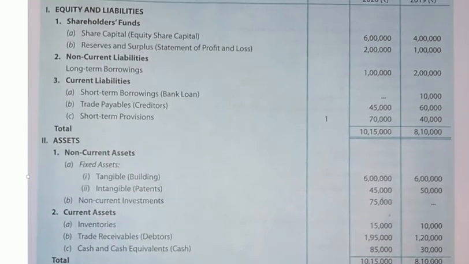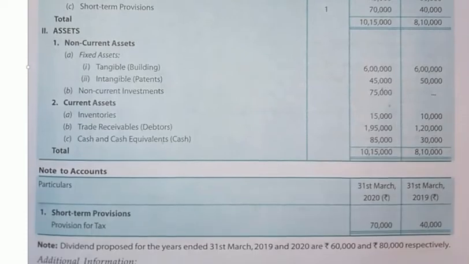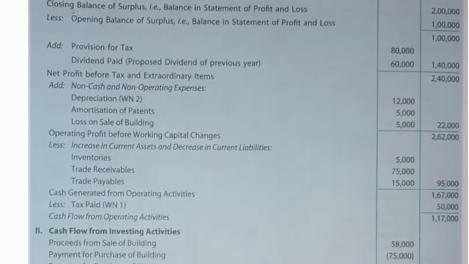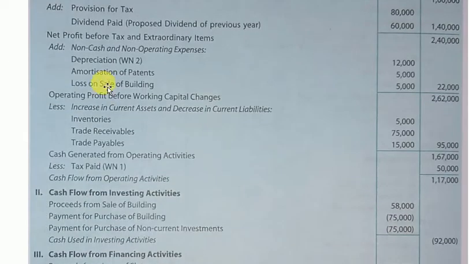The next current liability is trade payables. Trade payables, creditors, previous year 60,000, current year 45,000. Decrease of creditor as a current liability needs to be added to the operating activity, and it is done after operating profit before working capital changes. So you can see here